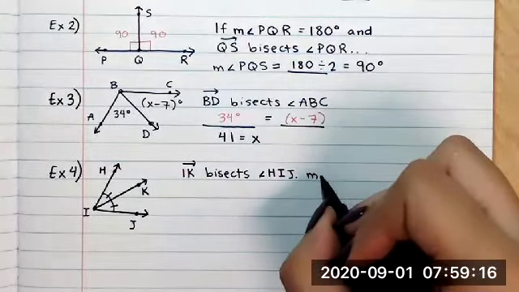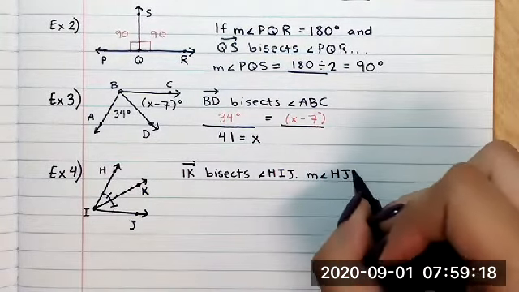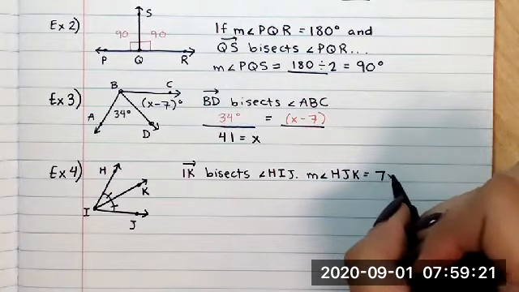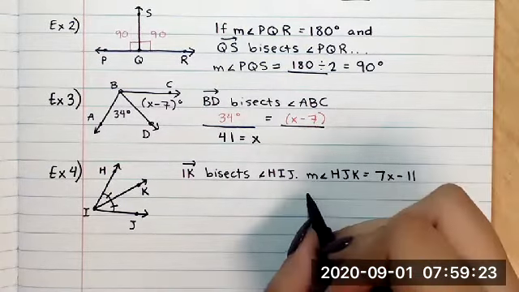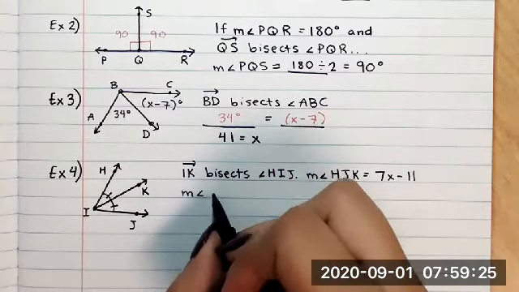The measure of angle HJK equals 7x minus 11. And the measure of angle K